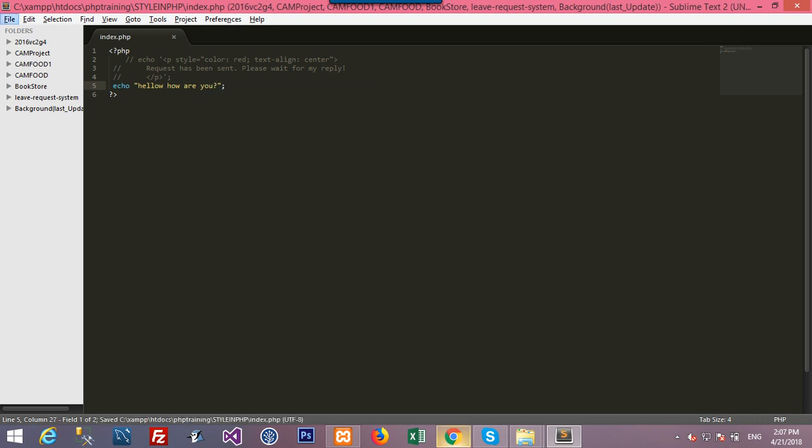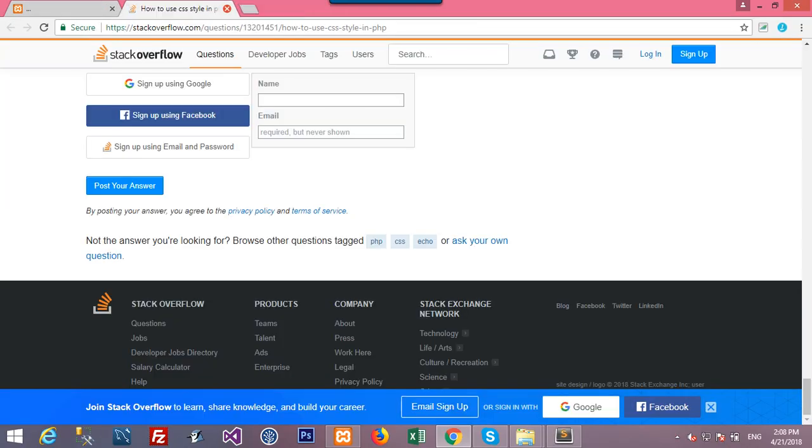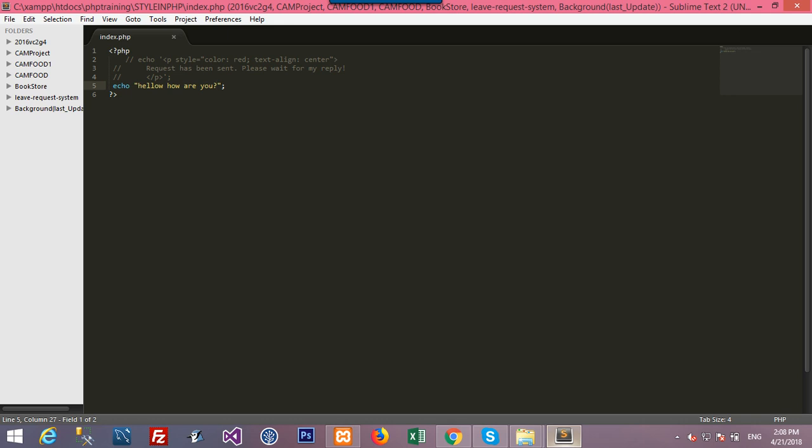So we refresh. Okay. Hello, how are you? But when we put here style color, weight, type, align center, it is the text that we will apply the style color on. So in PHP we can put the style in echo with a break when related to the text. So I put here style color red and align center. So when we refresh,